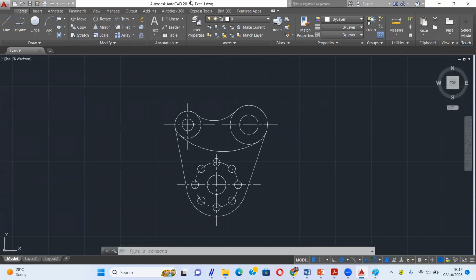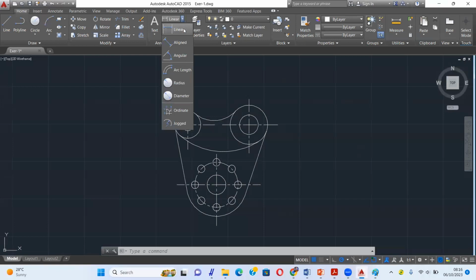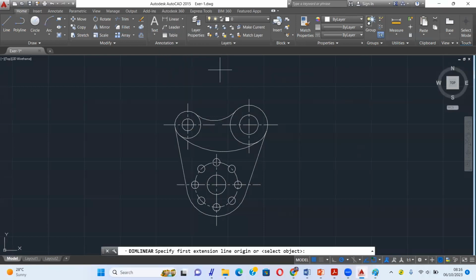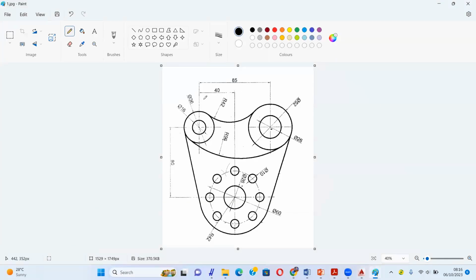You can find the icon of dimension here. For example, linear, line, angular, radius, diameter. Okay, for example, we use linear. We will do for this one, 40 and 80.